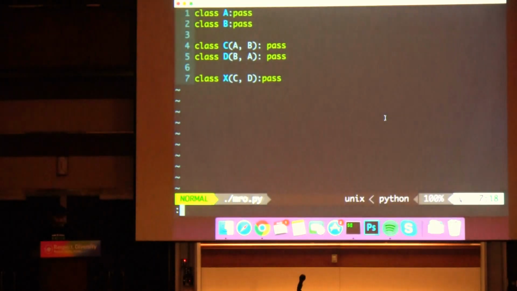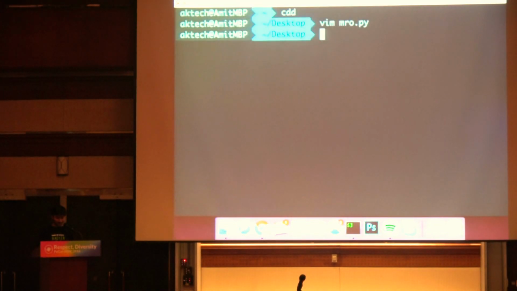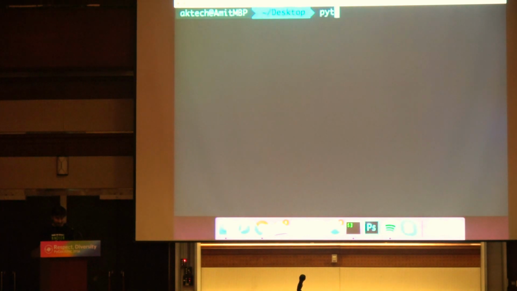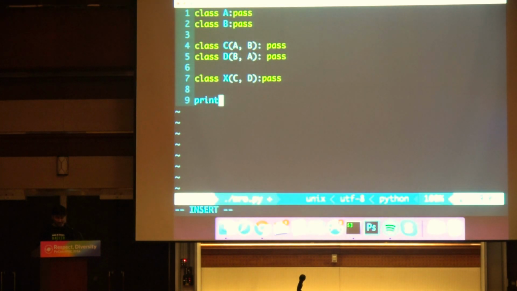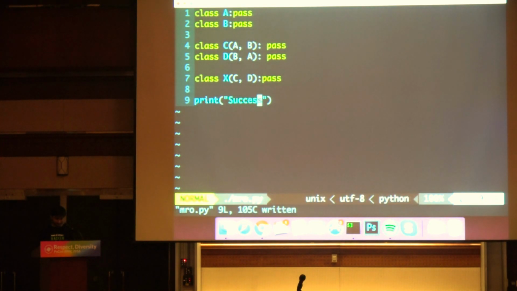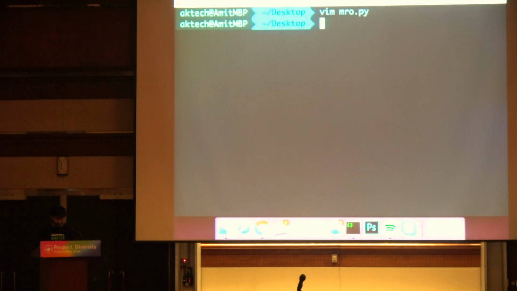So let's see how it works in Python 2 and 3. Let me add a test as well. If it's successful, then print success. Let's run it with Python 2 first of all.